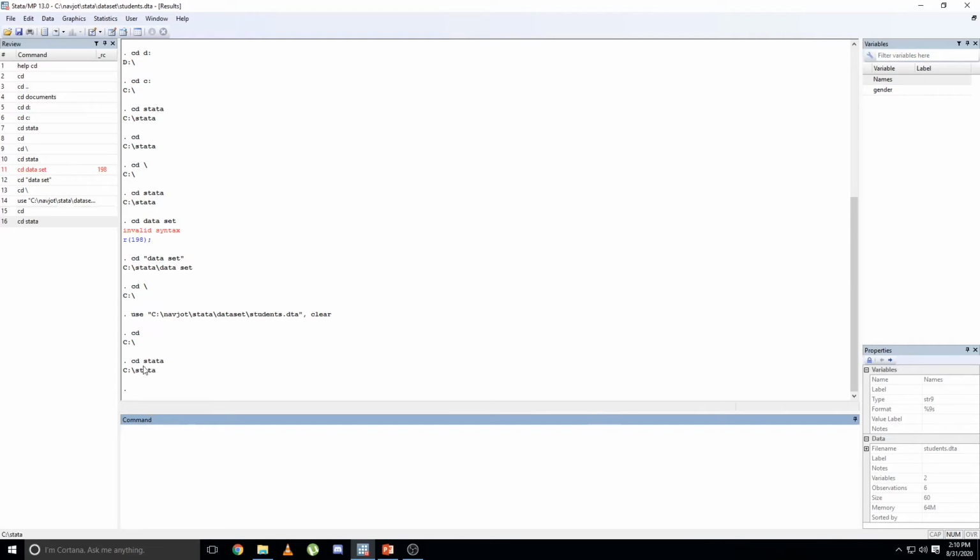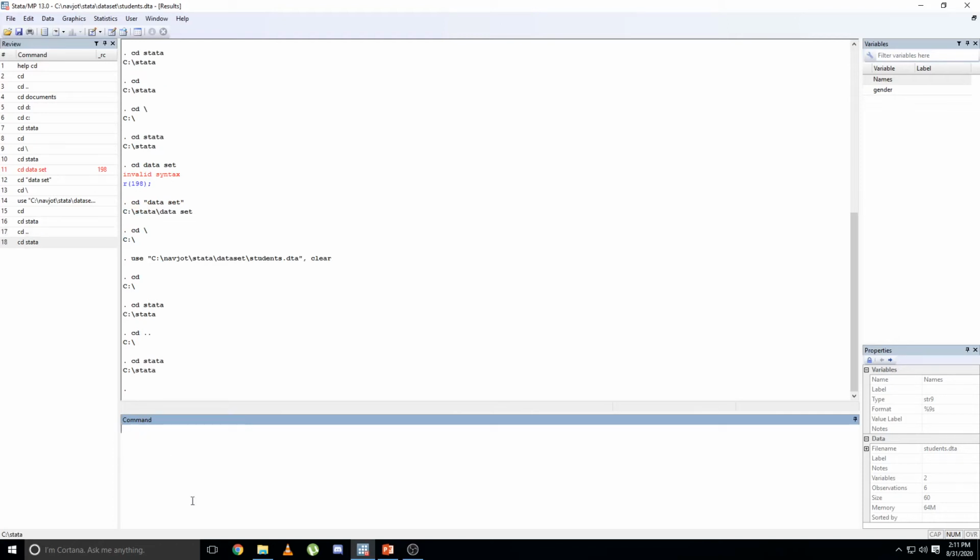Now Stata shows me that I am inside the Stata folder of the C drive. If you want to move out of this Stata folder, cd space two dots, enter. Now I am out of the Stata folder.